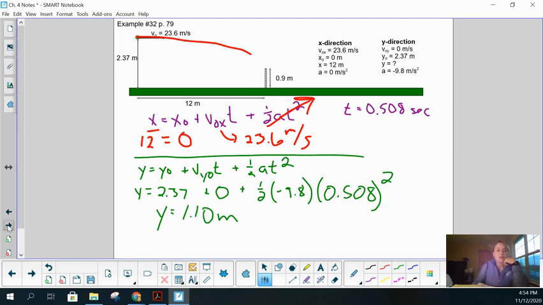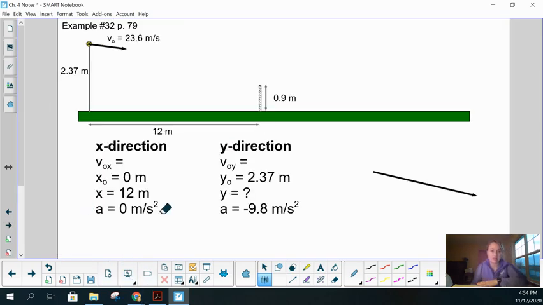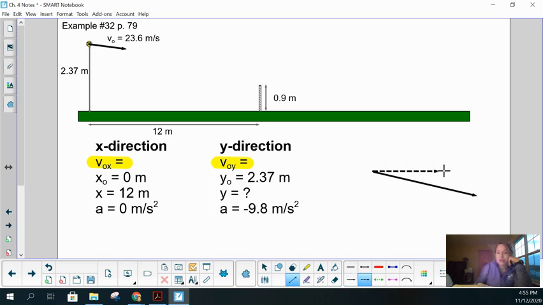So if we think about how this is going to look, I'm going to make this a little bit bigger so we can see. Instead of having our initial velocity be directly to the left, we have an initial velocity that is still the 23.6 meters per second, but this time it's at a downward angle of 5 degrees. And so we're going to have a different initial velocity in the x direction and in the y direction. So I've blown up this vector over here, this 23.6 meters per second,